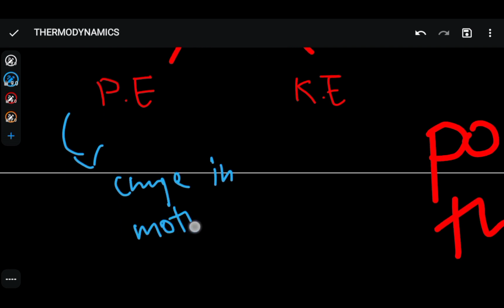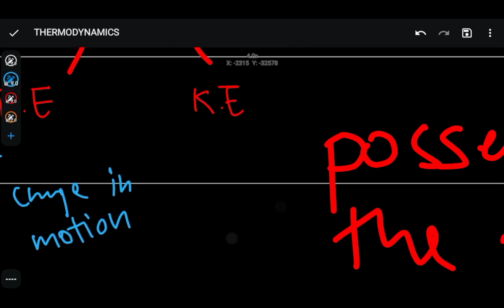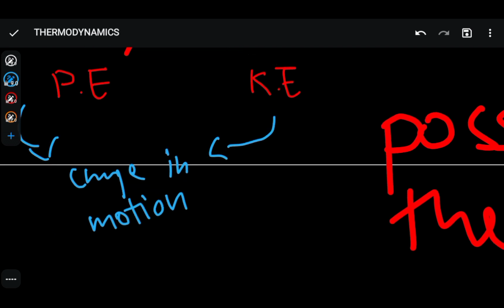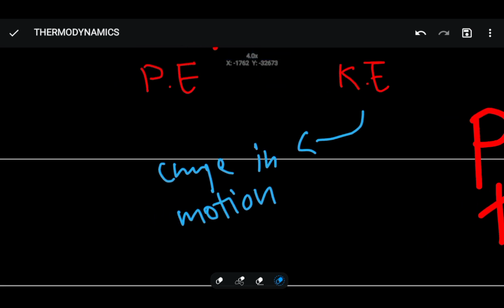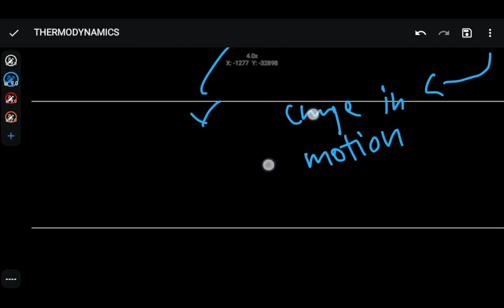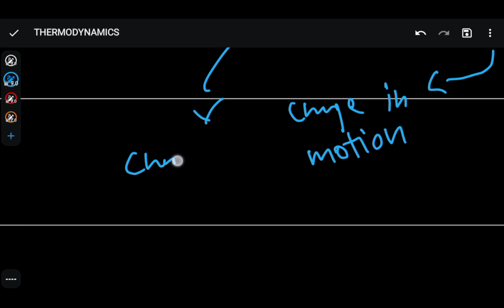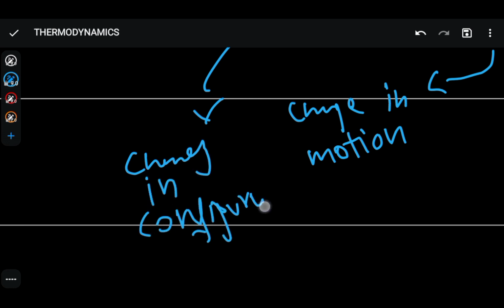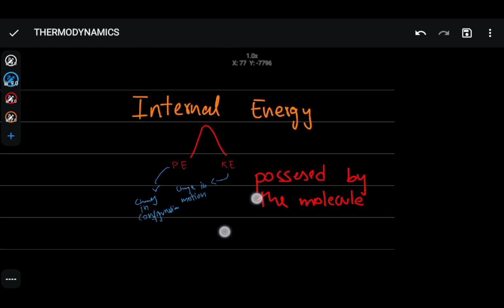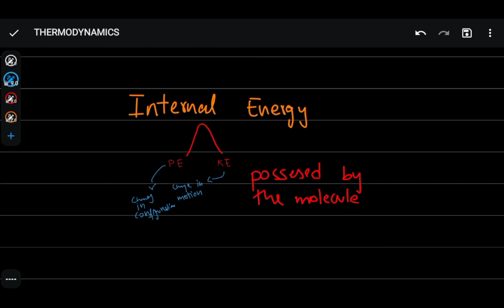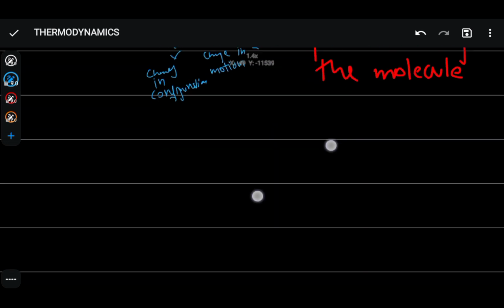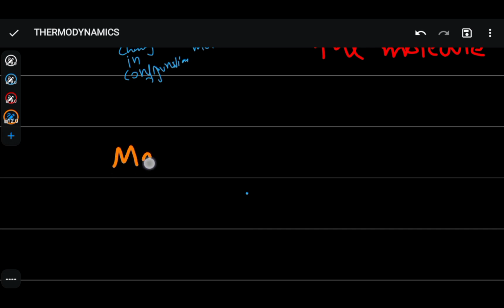And I think you guys know it from before, that kinetic energy is basically change in motion, while potential energy is change in configuration. Am I writing? Okay. So if I have to represent it mathematically, this will be